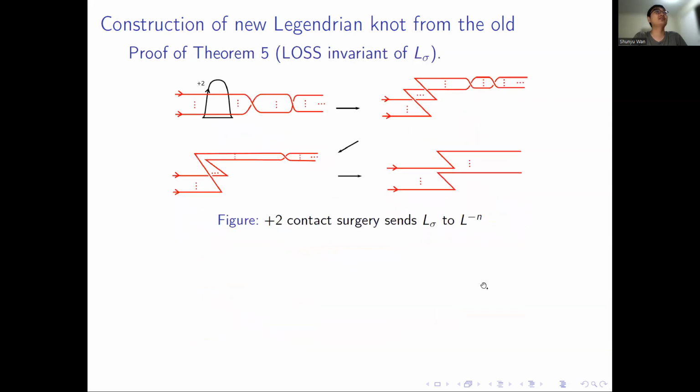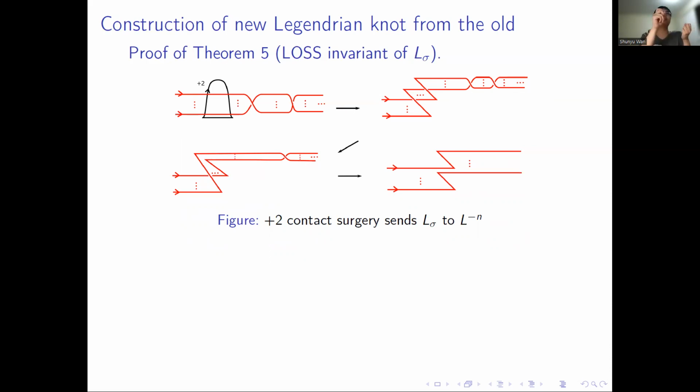Okay. So then I can prove Theorem 5. In Theorem 5, you should think of the red part of the first picture as L_sigma or L prime_sigma prime. Then I do this. L_sigma is adding a full positive twist on the arcs of L. After I do these +2 contact surgeries, it becomes adding a negative twist, then adding a positive twist. Those twists will cancel out even in the Lagrangian situation. By cancel out,